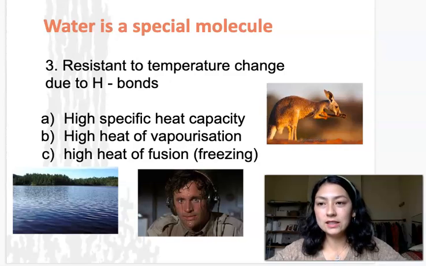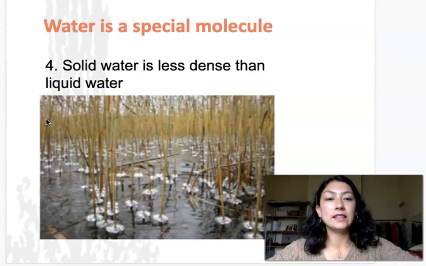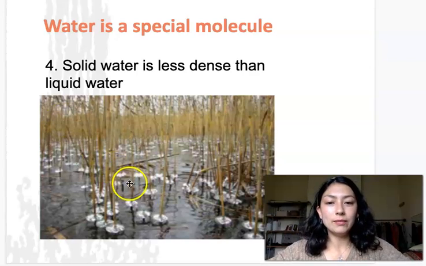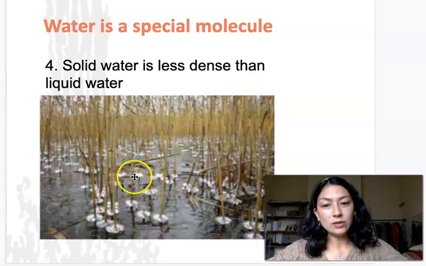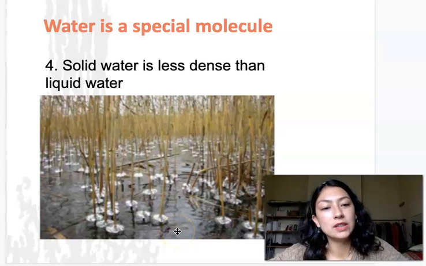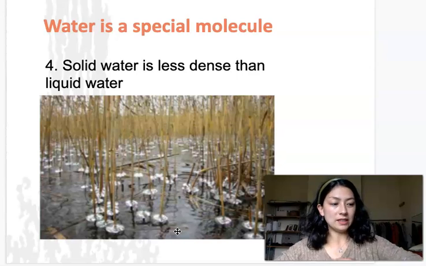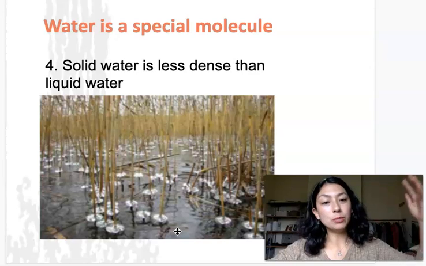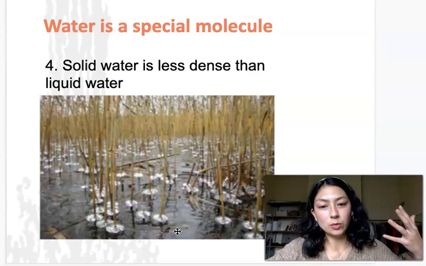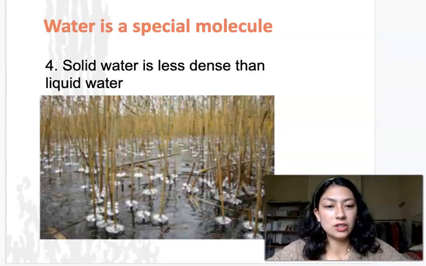The last thing that's very cool about water is that it's less dense as a solid than as a liquid. Now, you can imagine if it was more dense as a solid, and you had water freezing from the bottom up of a lake, that would mean that the little fish at the bottom wouldn't be able to get the nutrients from the dirt. They'd be trapped there, and also they'd be more exposed to the cold environment that's making the water freeze in the first place. So water being less dense as a solid is another incredible feature of water.